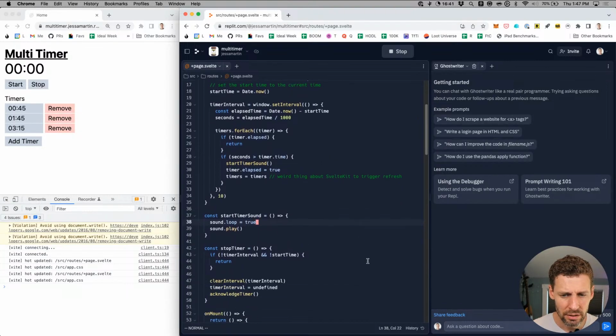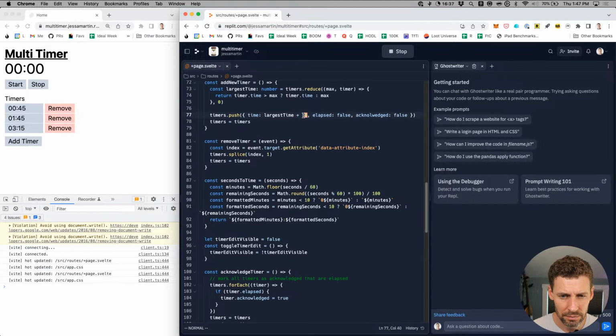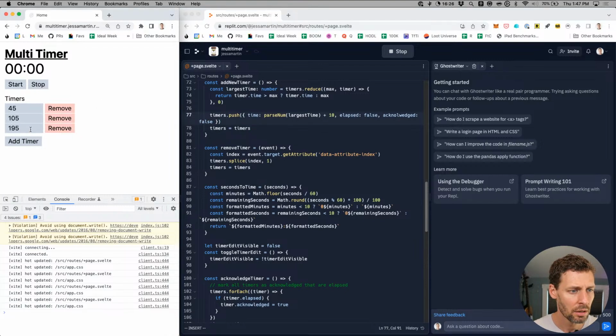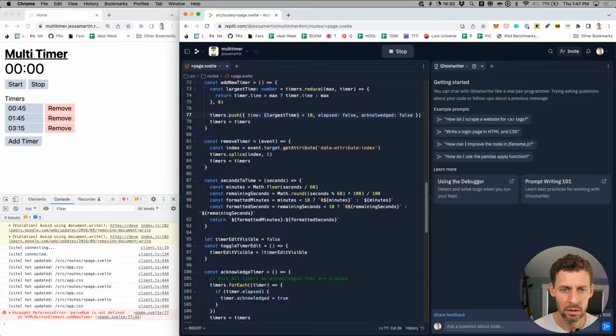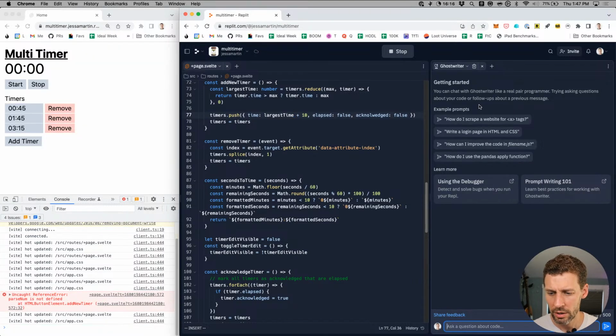All right, so let's go fix that string addition problem. What I think we want to do is parse num. Is that the function here? Let's ask Ghostwriter.